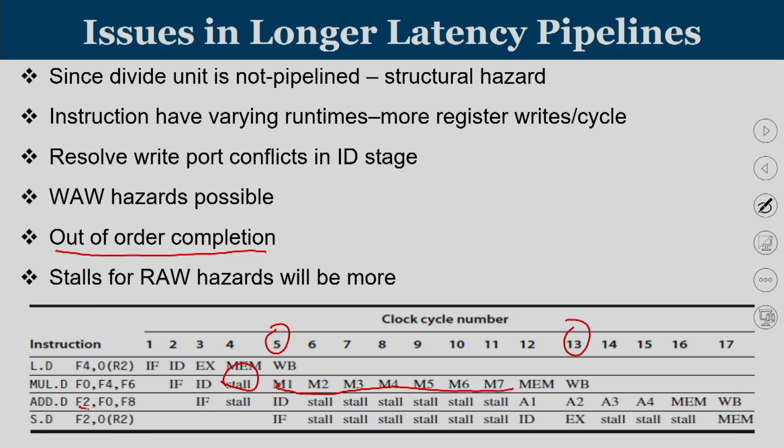Now, the peculiarity here is that the third, add instruction is going to use the result of the multiplication. So, you are going to produce a result in F0. This F0 value produced by the multiplication unit is going to be used by the adding unit. So, the adder has to wait until the result of multiplication is over. The result of multiplication is available only at M7. So, using operand forwarding, you can forward from M7 to A1. Till that time, you are going to encounter stalls. So, we are going to have more stalls in this scenario.